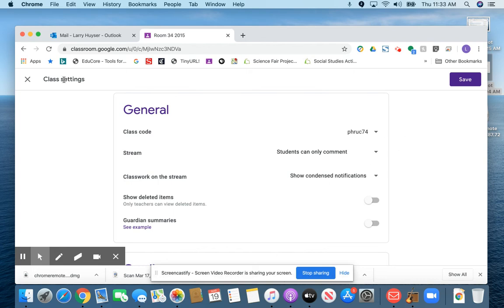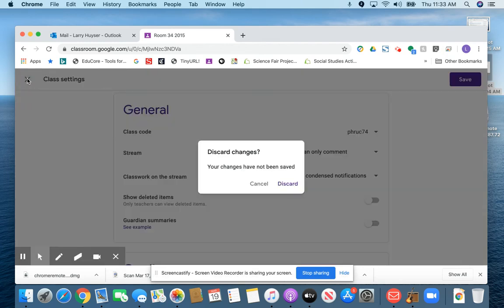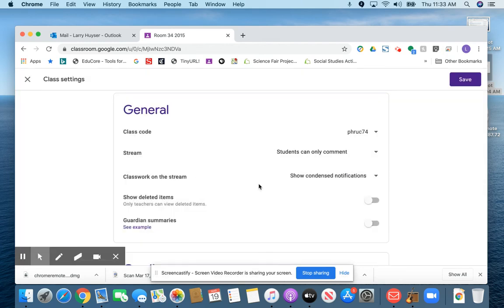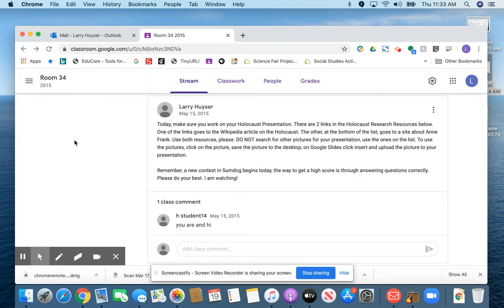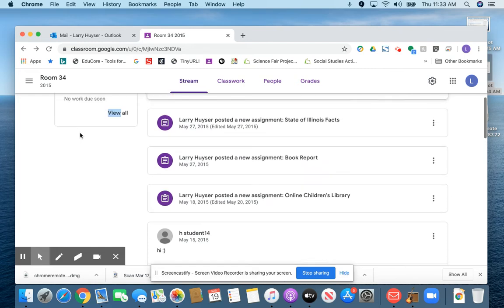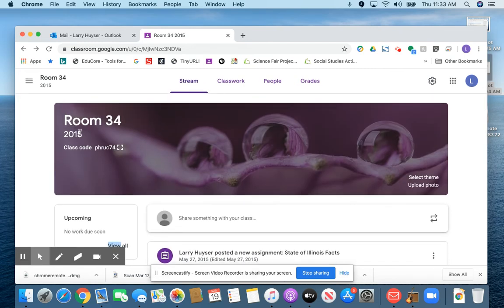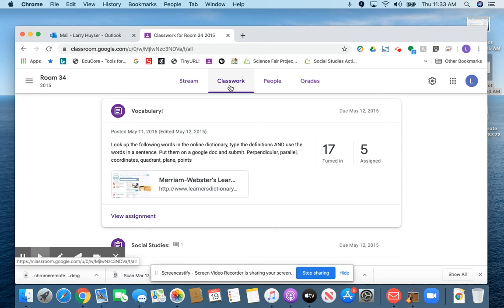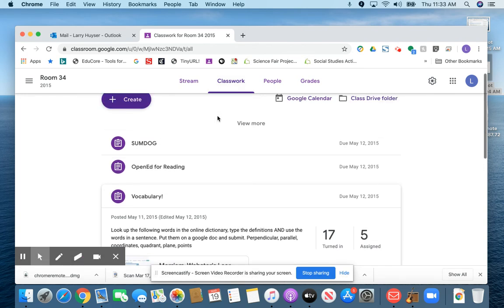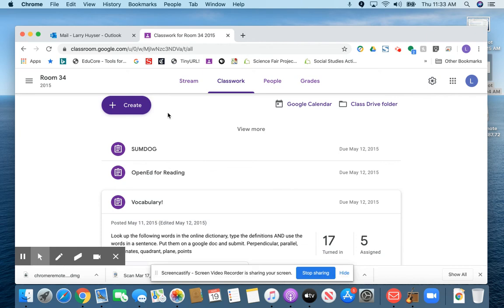Now, there are also some other ways to communicate with students. You really want to give them a chance to ask any questions, and you might also want to give yourself a chance to speak to a student privately. So when I'm looking at how to speak to a student privately, I may go to Classwork, and this is one way to do it,